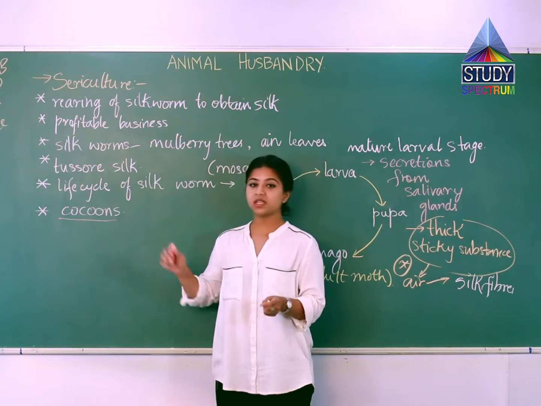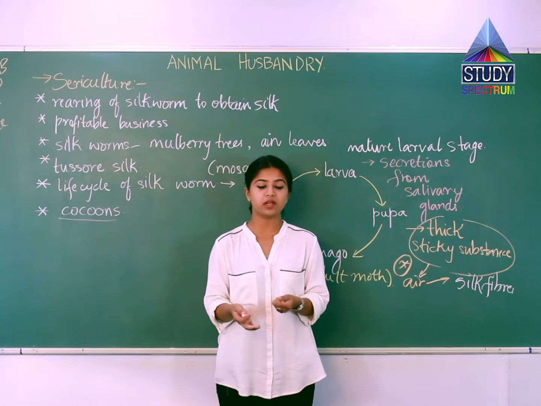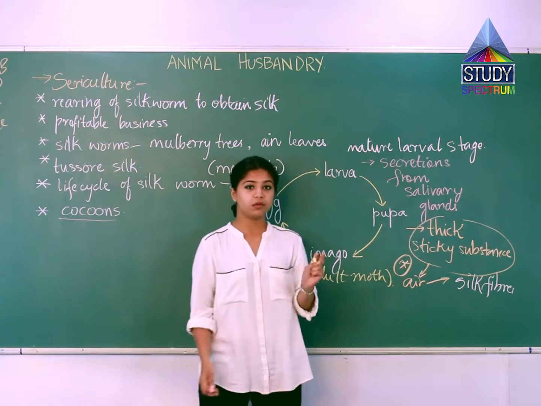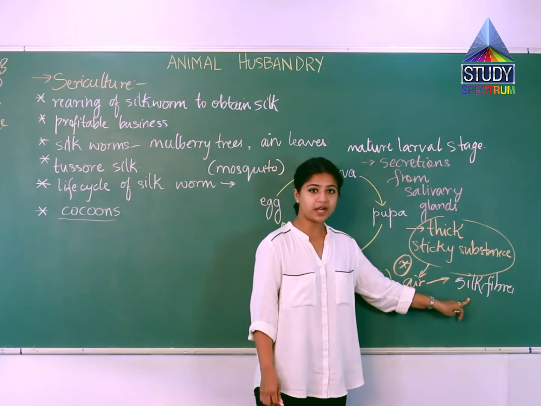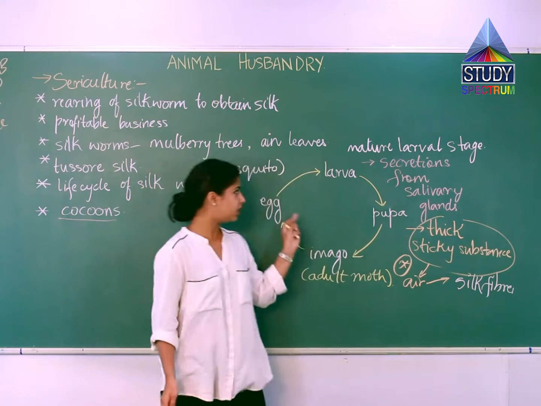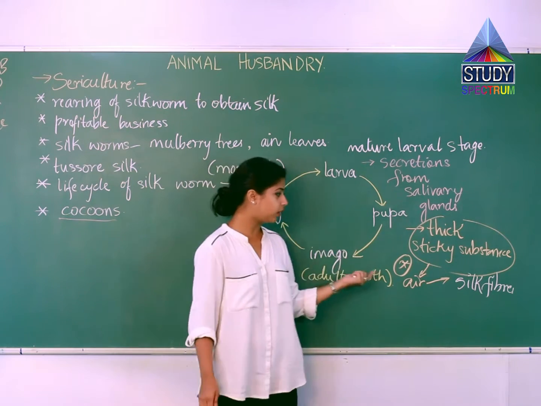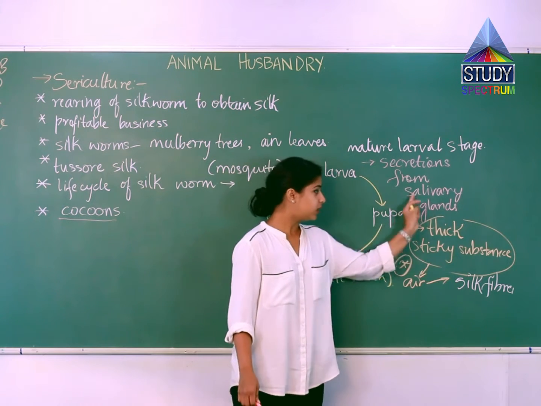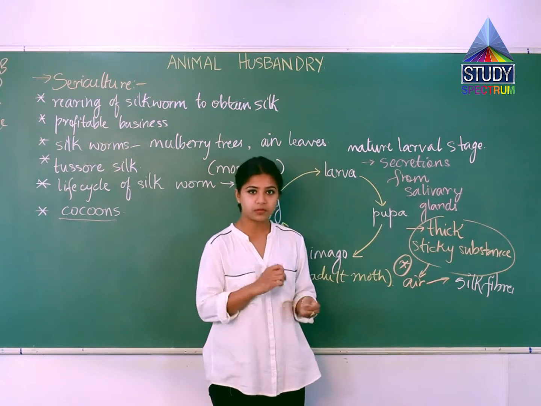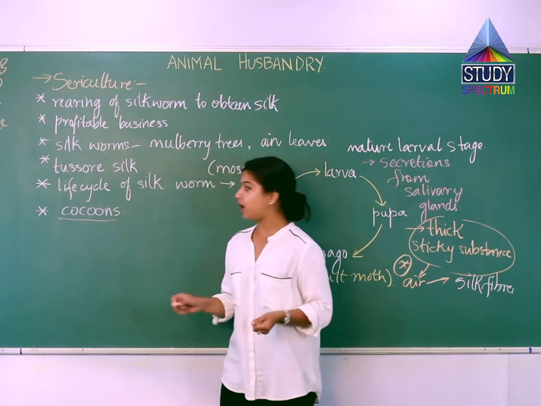These cocoons are obtained from the larvae, and they are boiled in hot water and silk threads are obtained from there. The direct product obtained is not the silk fiber, but rather the cocoons, where the larvae enwrap themselves and form a very rigid structure with this thick sticky substance that becomes hard in contact with air, and this results in the formation of the cocoon. These cocoons are then boiled